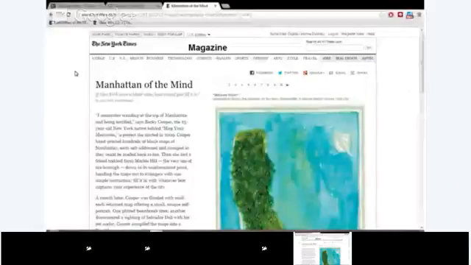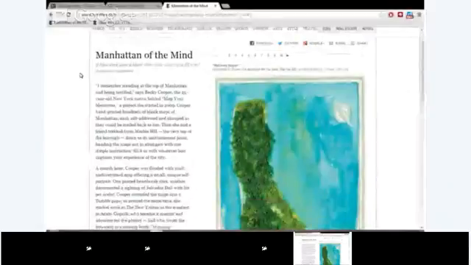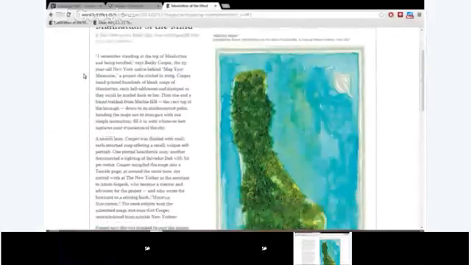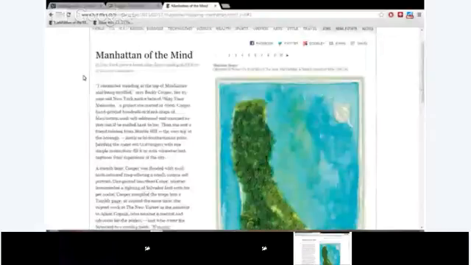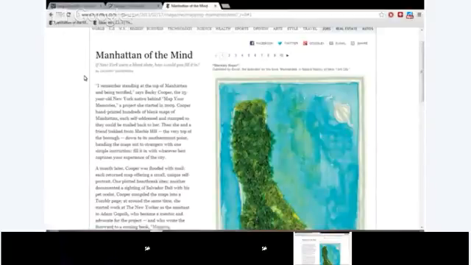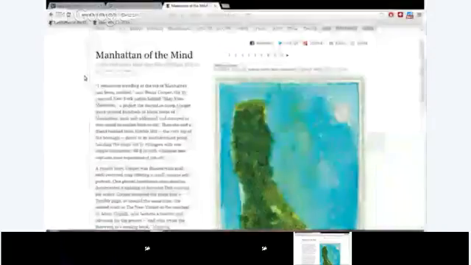It says Manhattan of the Mind. Can everyone see that? Yes. Excellent. Okay, so we're going to read through this. It's really short, and just make sure that all the vocabulary is clear. But our main goal is to have you speak. So we're not going to worry too much about the vocabulary. Inga, do you want to read the beginning for us? Yes. Go for it. Manhattan of the mind. Can you read the little slug line underneath the title?